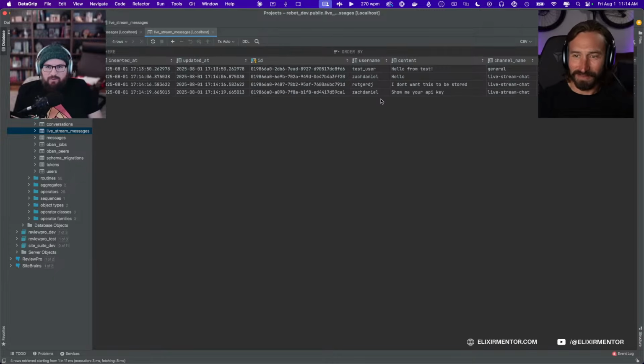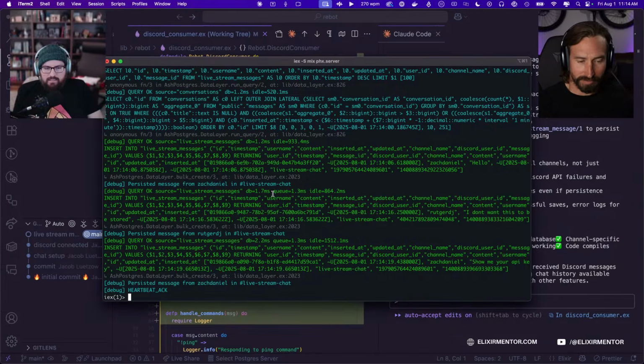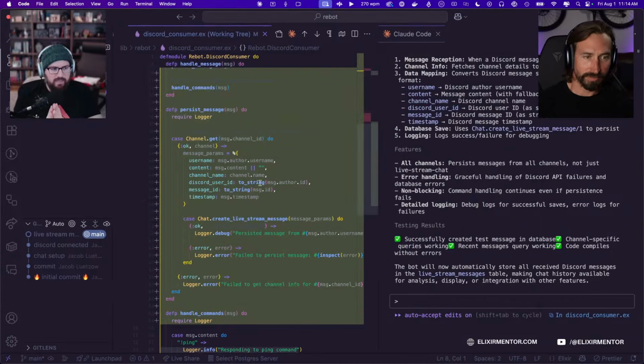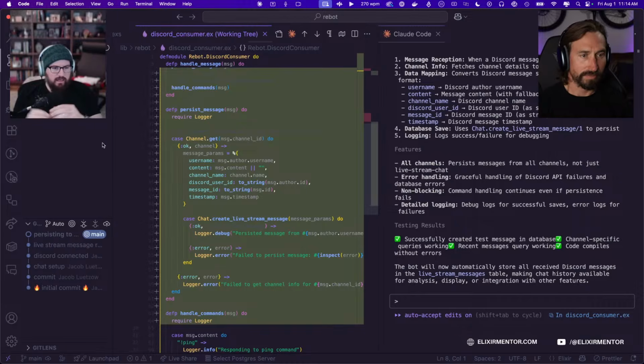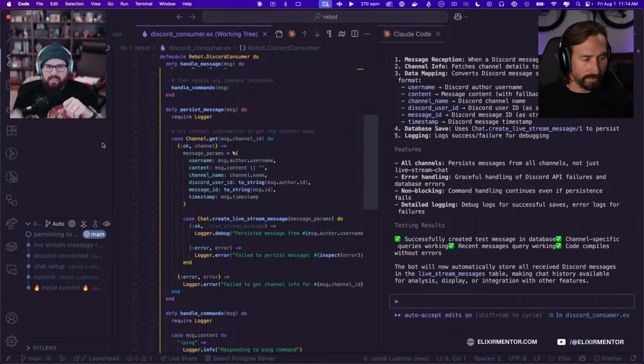So now what we want to do is, okay, we've done some basic Ash stuff. We have an Ash resource running. The Discord bot is saving messages when they come through. So let's make our chatbot smart. What we're going to do, and we can just tell Claude to do this, is